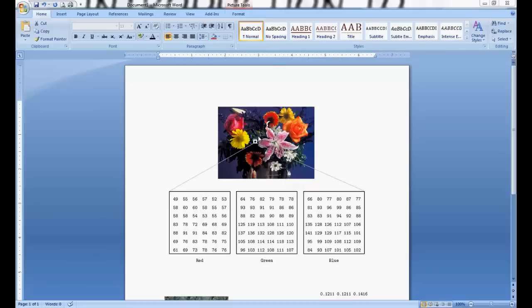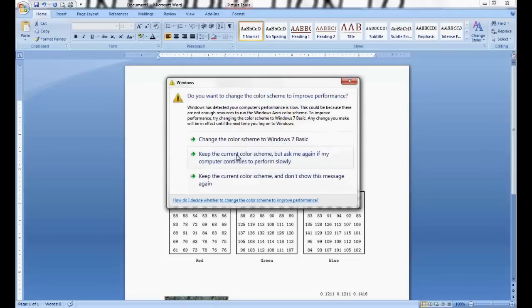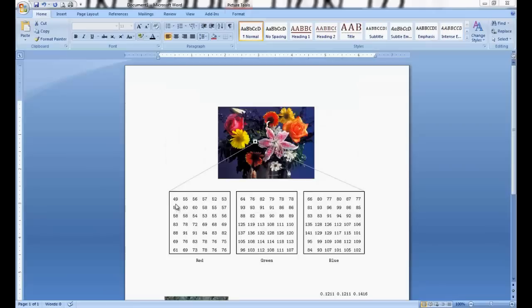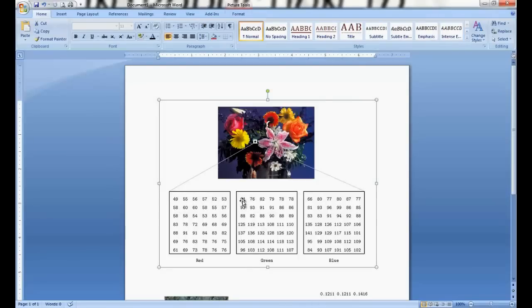In this lecture, we will read the RGB images and the indexed images. An RGB image is typically like this. You have a red plane, a green plane and a blue plane with the intensity values of the respective pixels. Suppose I pick out one pixel from this, then that particular pixel will have the red intensity value, the green intensity value, the blue intensity value, and when these are superimposed on each other, the color is produced.